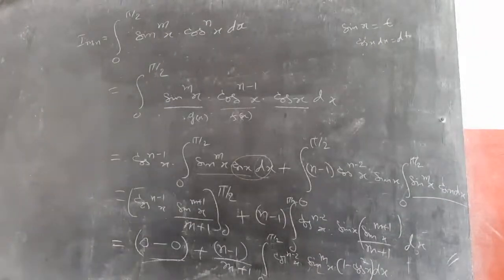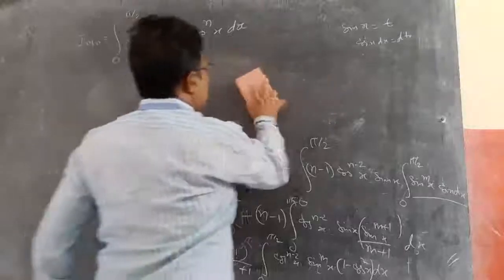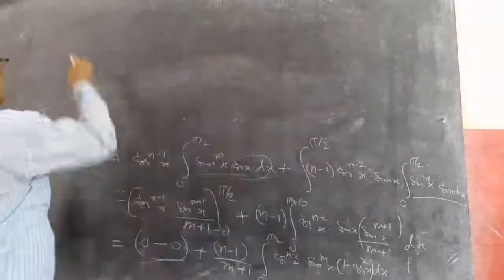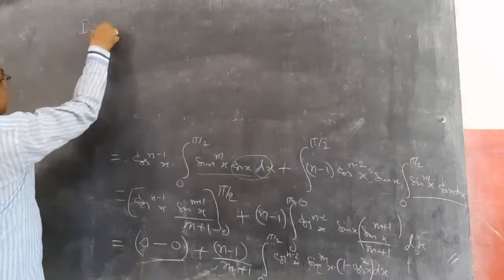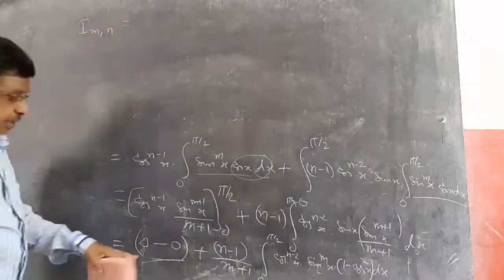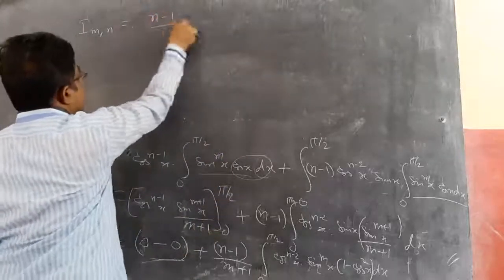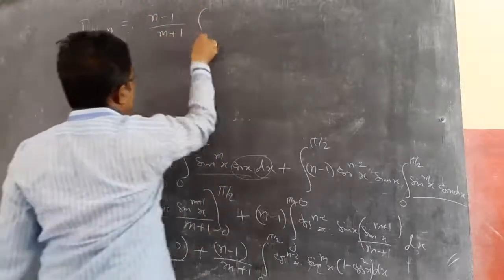Now, if I open the brackets, what happens to the equation? So I(m,n) equals 0 plus, this is the limit, next, (n-1) by (m+1) into the integral from 0 to pi by 2 of